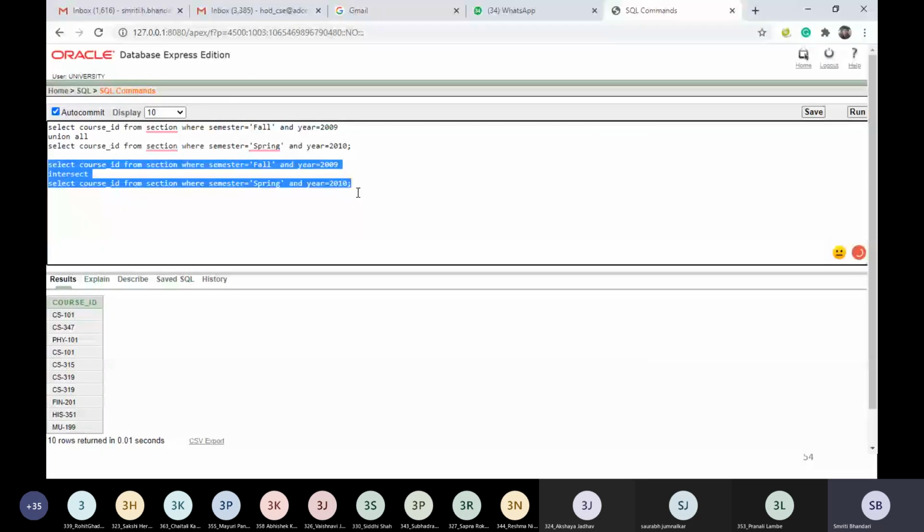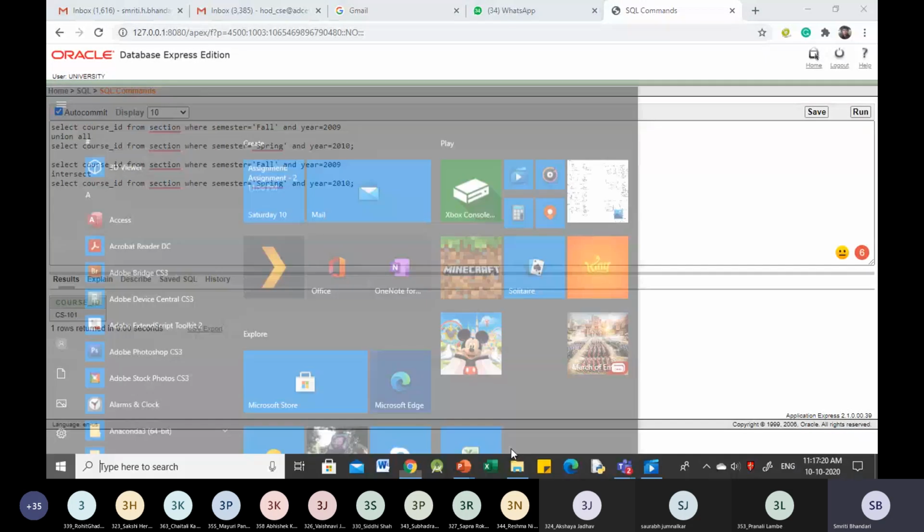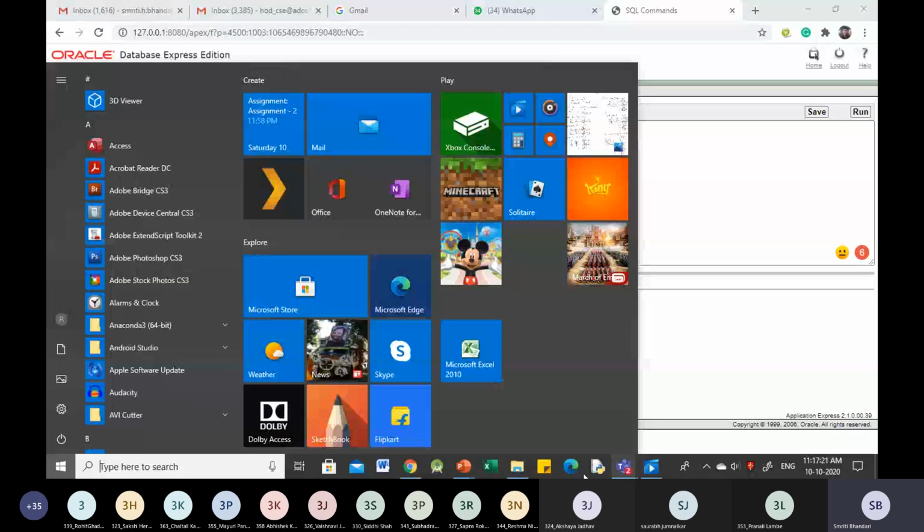And let's see the result. So we'll be visualizing now the course IDs that are being taught in both fall 2009 and spring 2010. So only one course is there that is being taught in both these semesters, CS101. Fine. So let's proceed